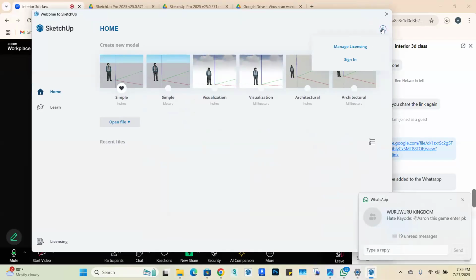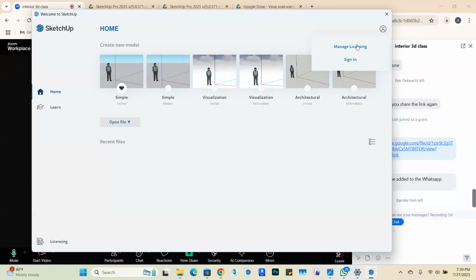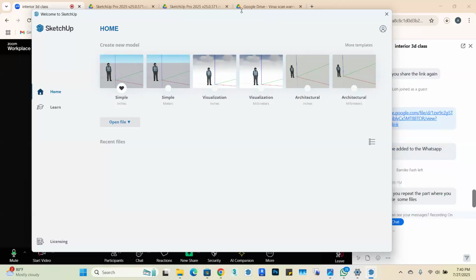You need this later because you have to sign in later to access online models and the rest. Then we have this. This is basically your welcome page, and it's very useful because you have SketchUp in different